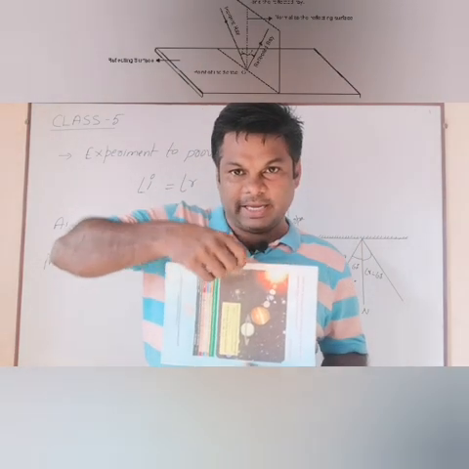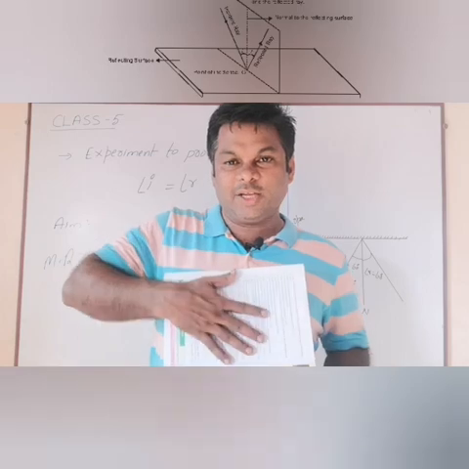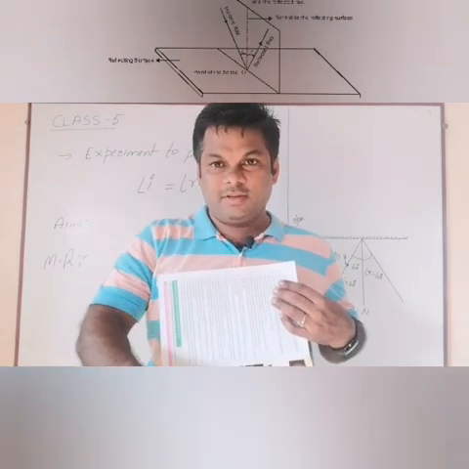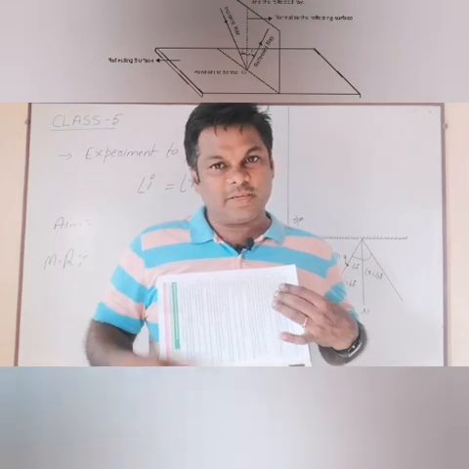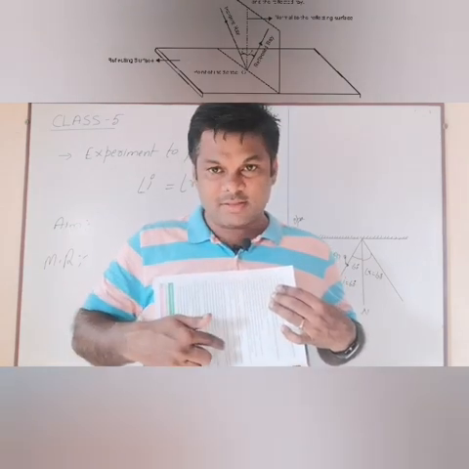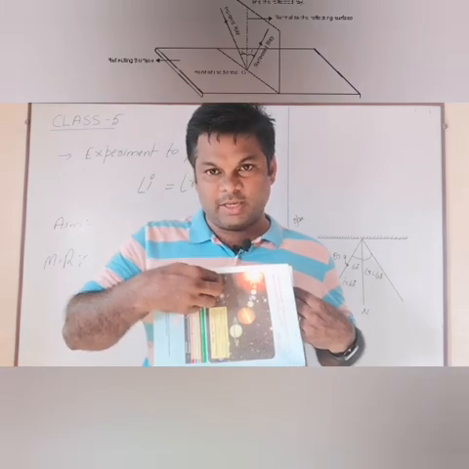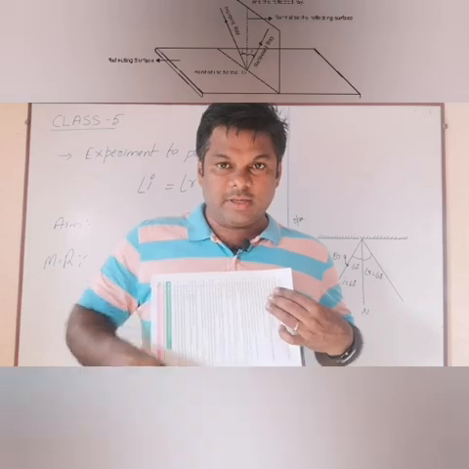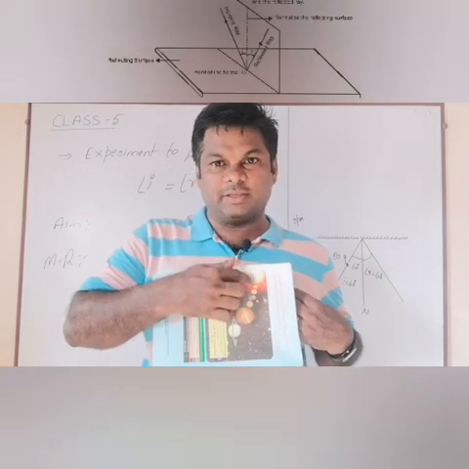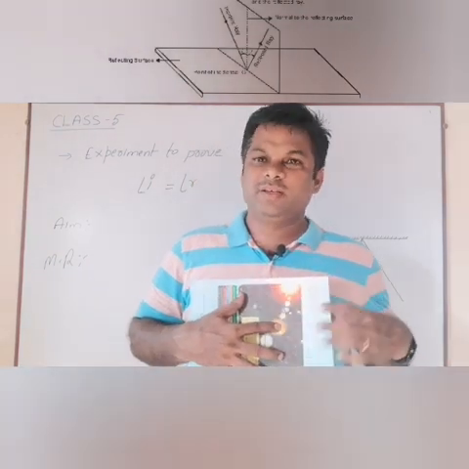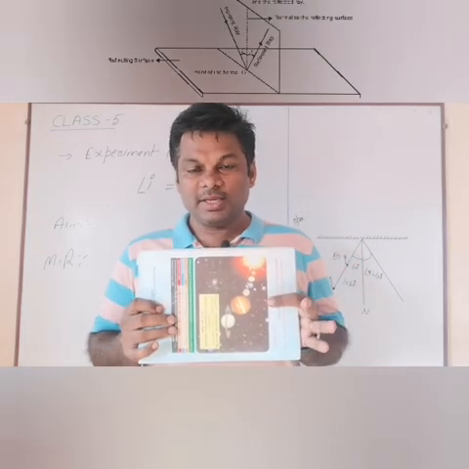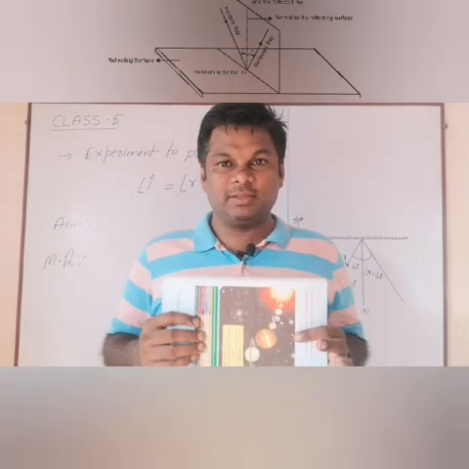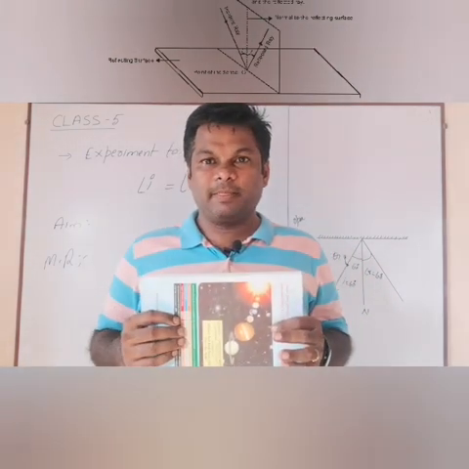If I remove this plane, then I get another plane. In this, the incident ray is not present, and the normal which is drawn here is not present, and the reflected ray which is drawn over here is not present. So this is the second law of reflection. Tomorrow we will observe that with the help of a simple activity.